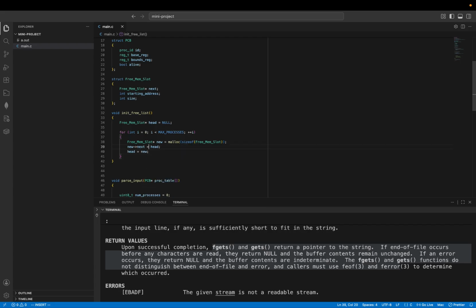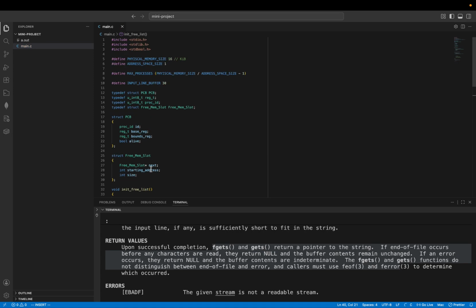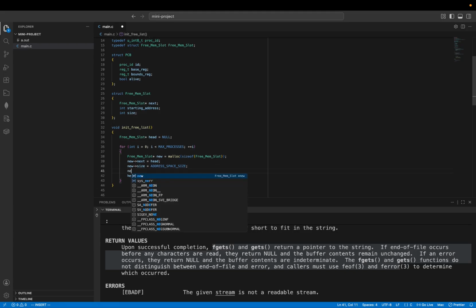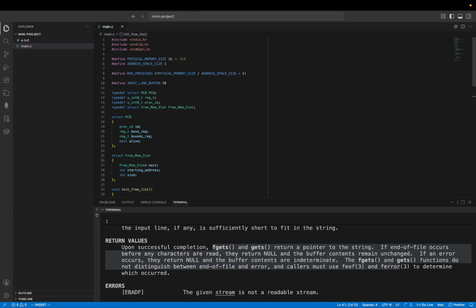I just need to make sure the size will always be the address space size and the starting address. Okay, so because I've made this very strict in terms of the assumptions,